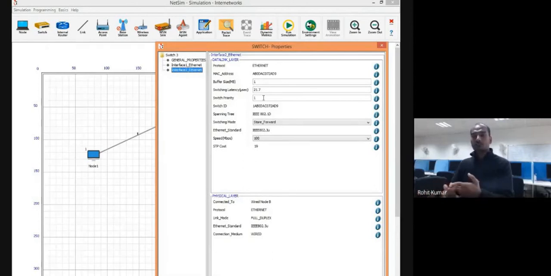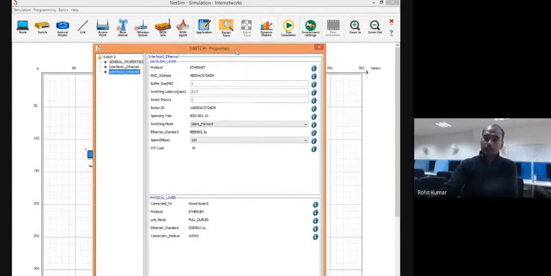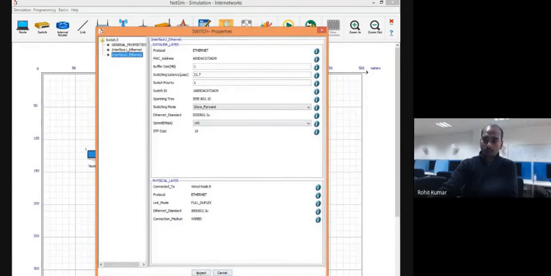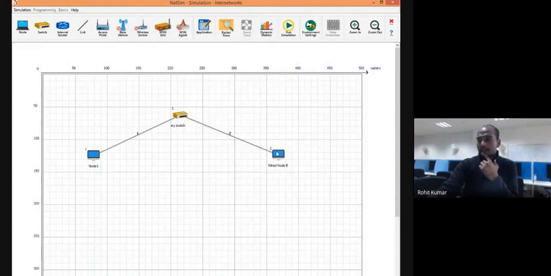For example, with respect to UDP, when I showed you the transport layer behavior, two options were there. One was TCP, the second was UDP. In the UDP, the packet size was around 1476 something. It was written there. So the maximum limit is supposed to be below 1500. If you put a packet size limit above that, then the behavior might change. You may get some different output. So that's why you need to follow some standard values and standard practices in the simulation. So we just simply accept it, nothing much at the switch side.